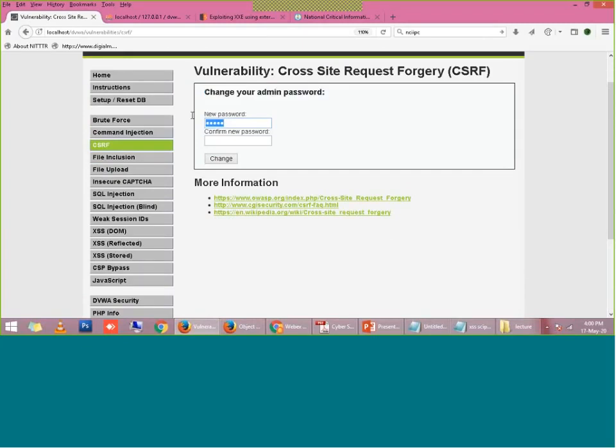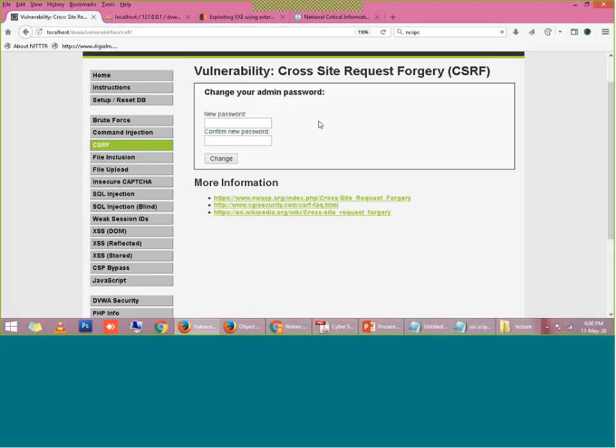The hacker will try to force the password reset request. The hacker will force this request, and they will change your password according to them, right? How will it be done? For that, I have to create a similar page to this change password page, and I will host it on a different server, right?